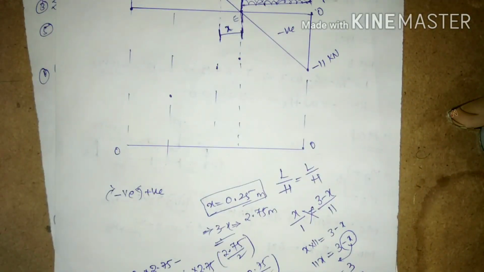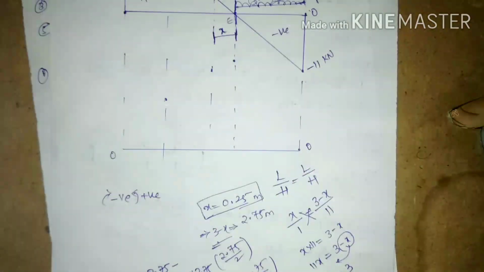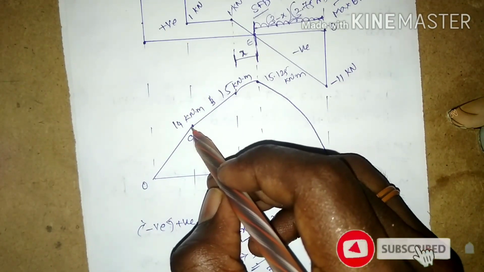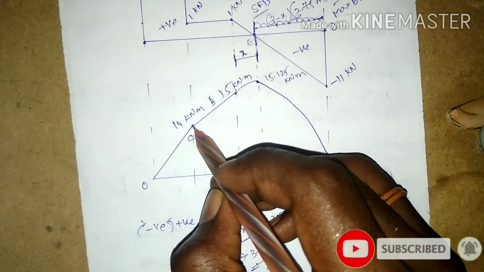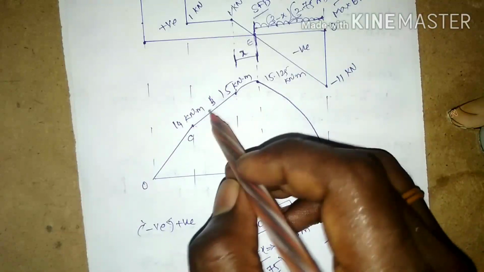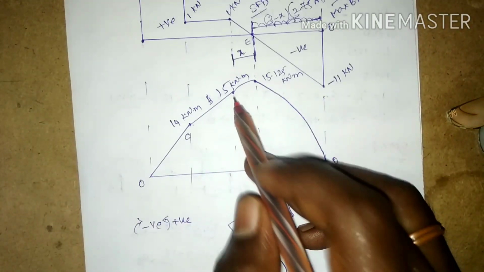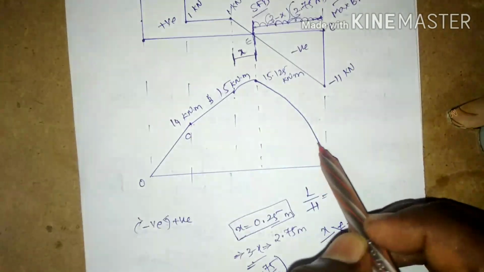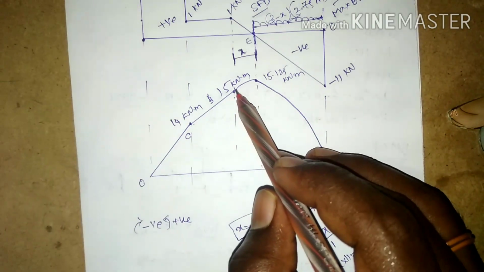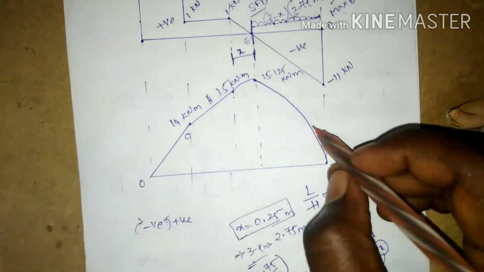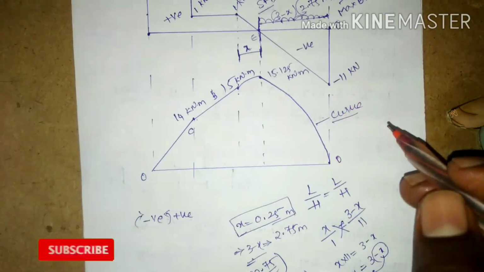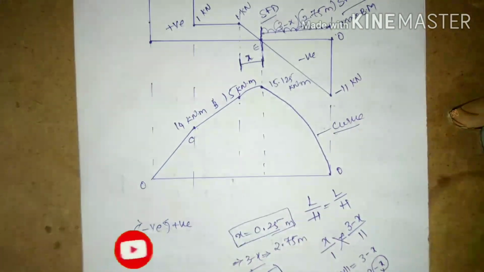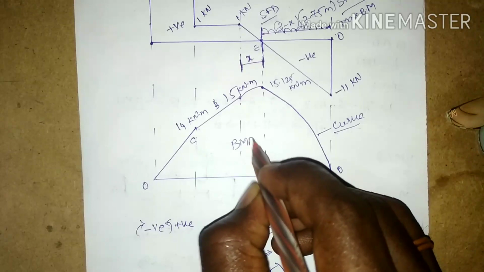Here we are having a 15, it's just above it. Joining the points with a scale, because we are having no loads, only a point load, let it be from C to D a straight line with an incline, and from D to B we are going to have a parabolic curve, because from D to B we are having a uniformly distributed load, so it is represented as a curve. You can also mention in the examination that it is a curve, it is an inclined line, it is a straight line. This is our BMD in the positive.